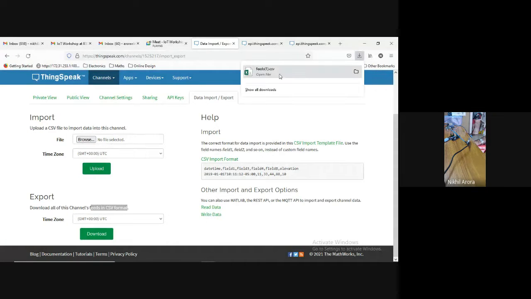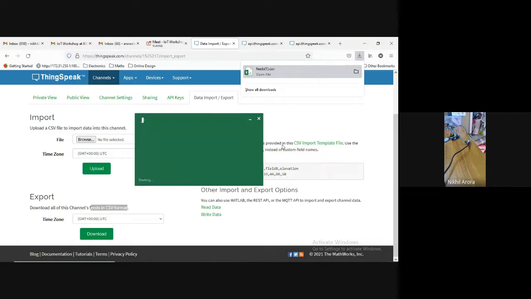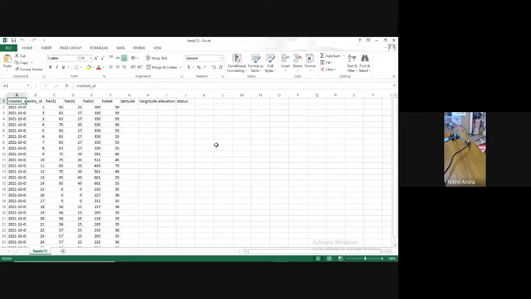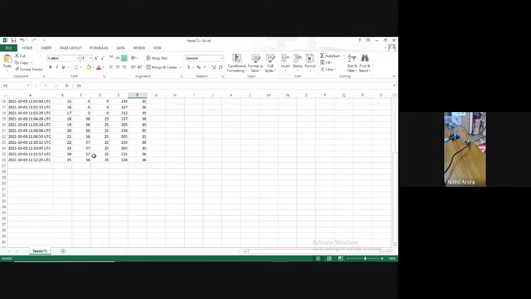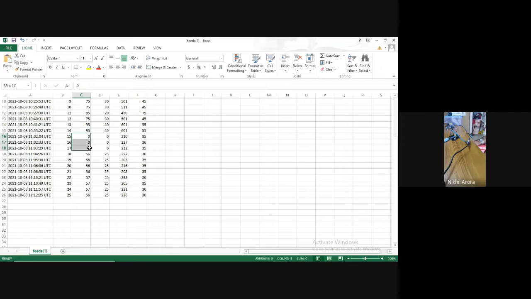So I'm opening it. I hope you are all able to see. It will open an Excel file. See, this is the data. It is in UTC. UTC converted into IST, you have to add 5:30 to that. Okay. So field 1 85, field 2 85, field 3 300, field 4 50. In between, you can see 00 is there.